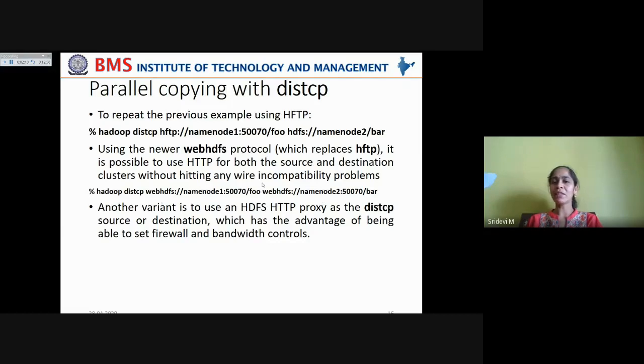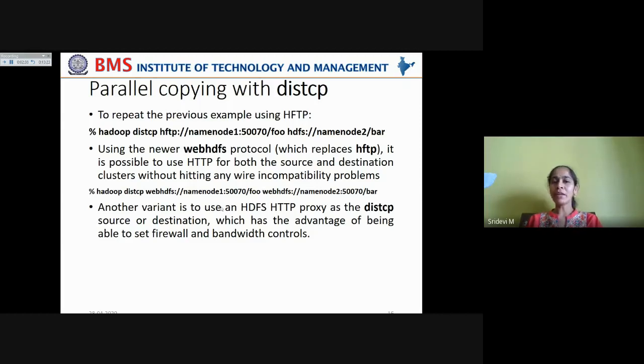In both cases the URI used is WebHDFS. You are not using HFTP for the source and HDFS for the destination. You can use WebHDFS in both cases because it enables HTTP for both the source and destination clusters without any incompatibility problems.